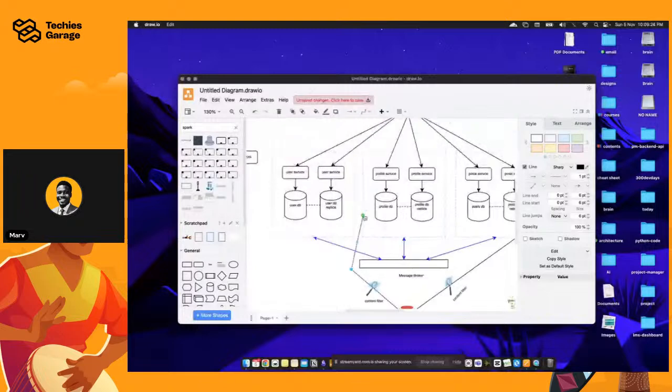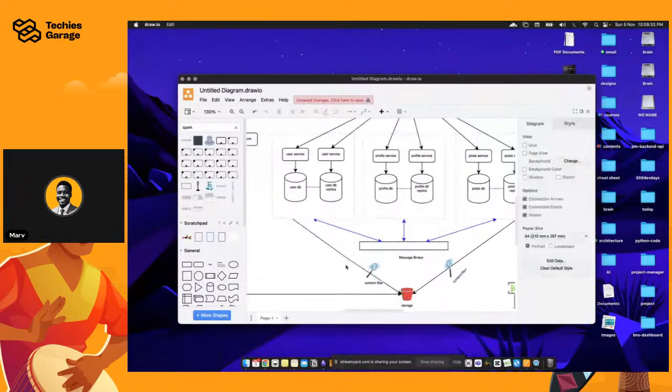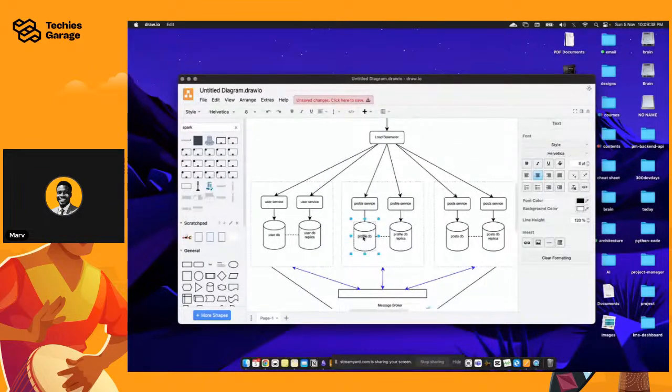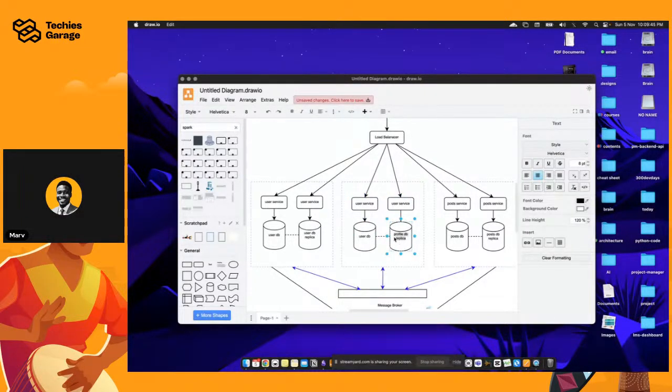Sometimes you just have to make sure your diagram looks smooth enough and easy to understand instead of having crazy lines moving here and there. I can actually decide to switch this up, calling this my user service, and of course, this is for this profile. Makes things even simpler for us.